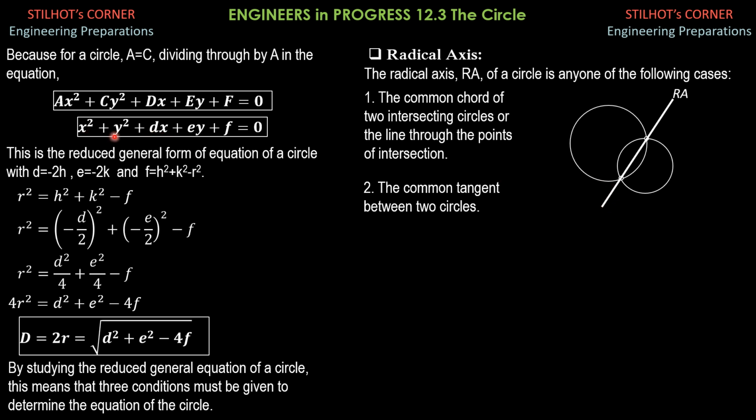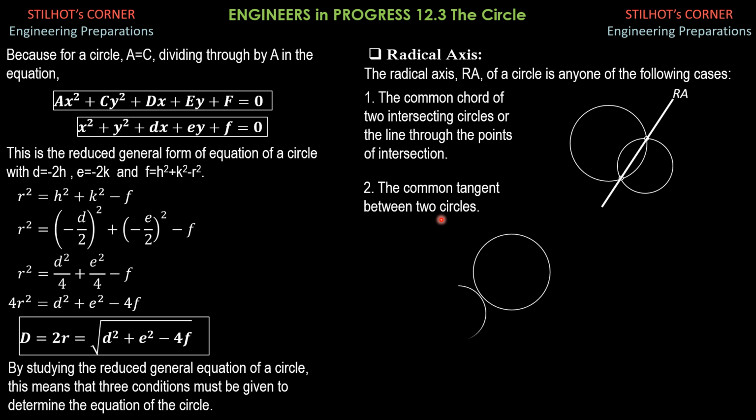and y squared terms. We can reduce this circle into that form, this circle into that form. So we can easily eliminate x squared and y squared. The remaining equation, which represents a straight line, is the radical axis. Next, the radical axis is the common tangent between two circles.